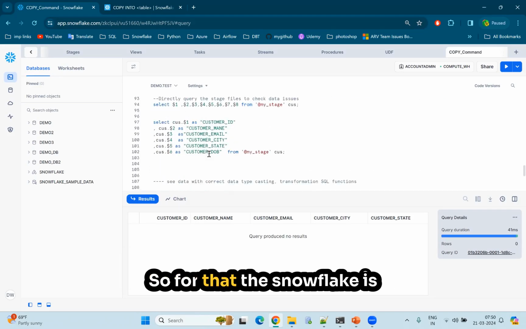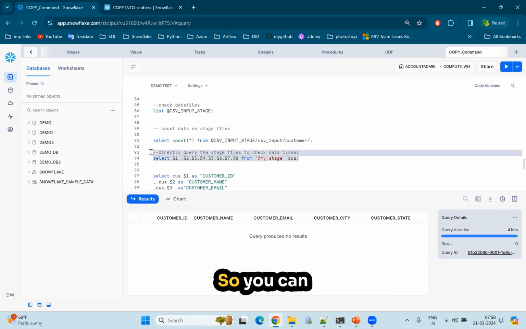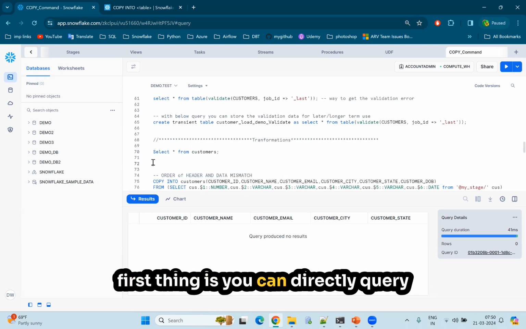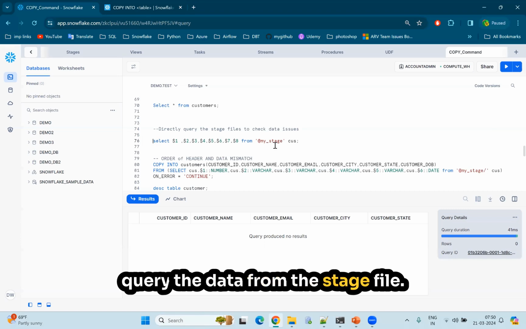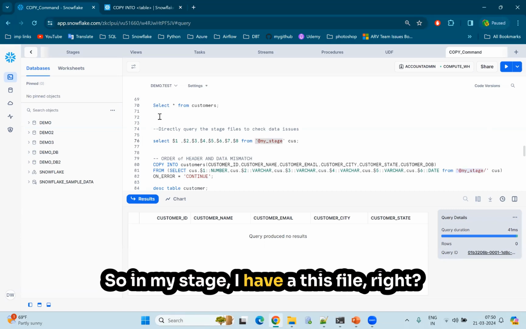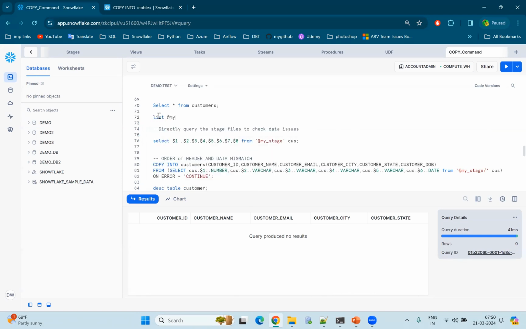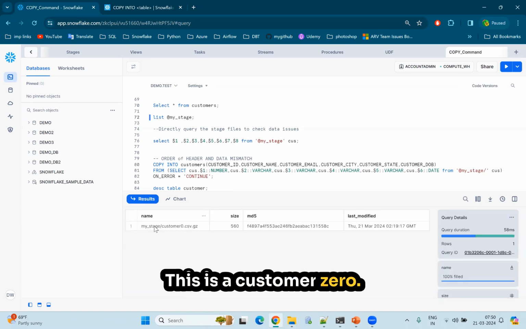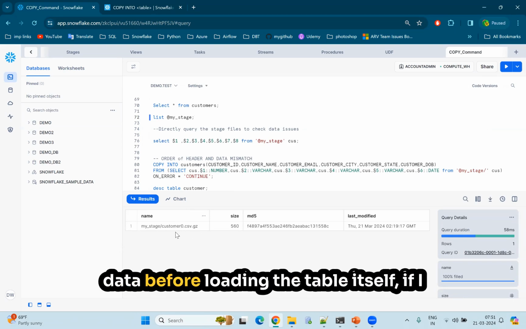For that, Snowflake provides flexibility basically. The first thing is you can directly query the data from the stage file. Directly query the data from the stage file. So in my stage, I have this file, right? This is customer 0. I have a file. So if I want to see the sample data before loading the table itself,